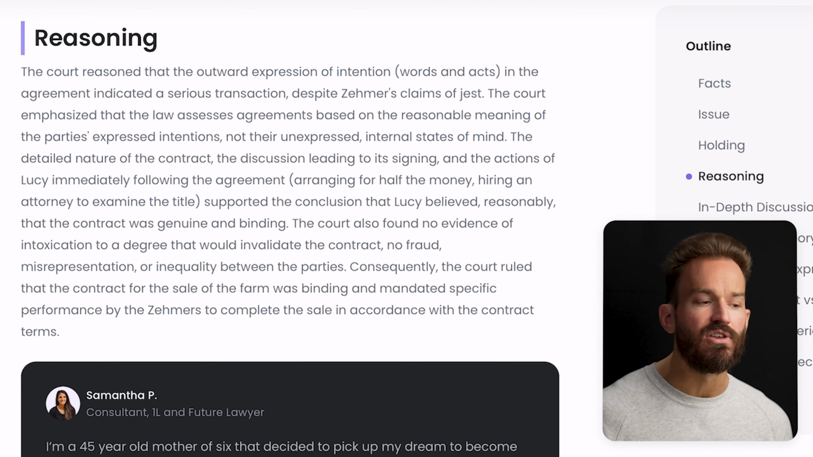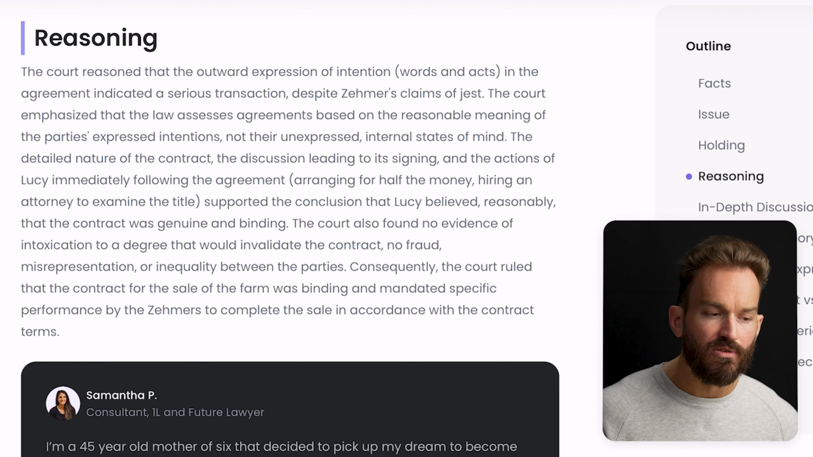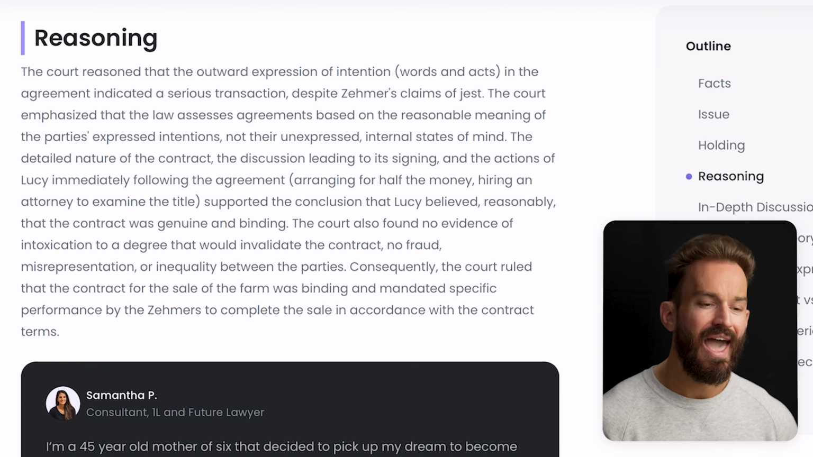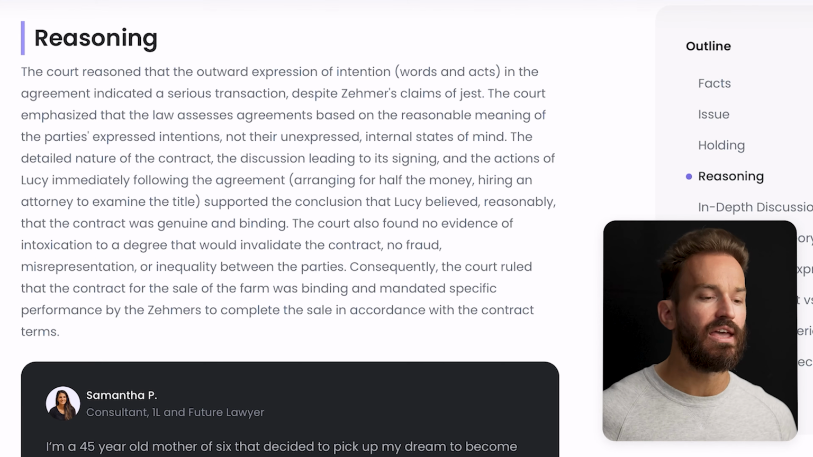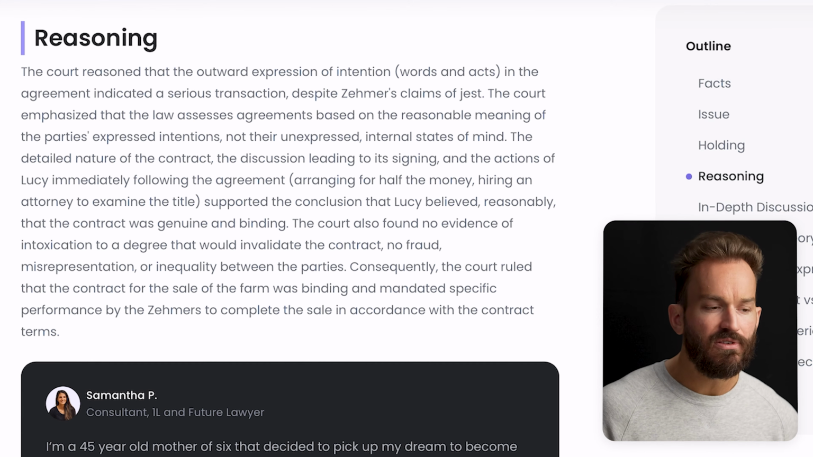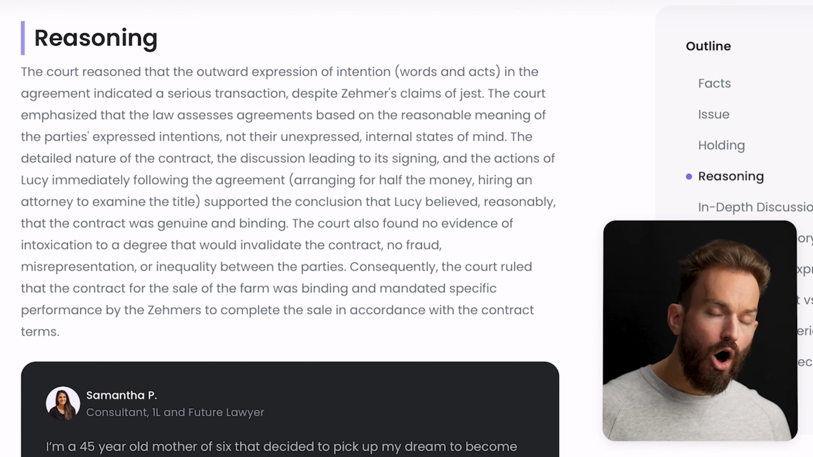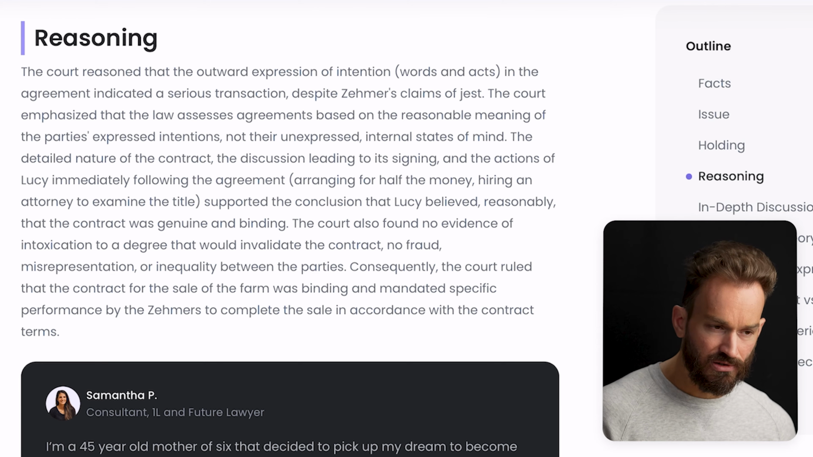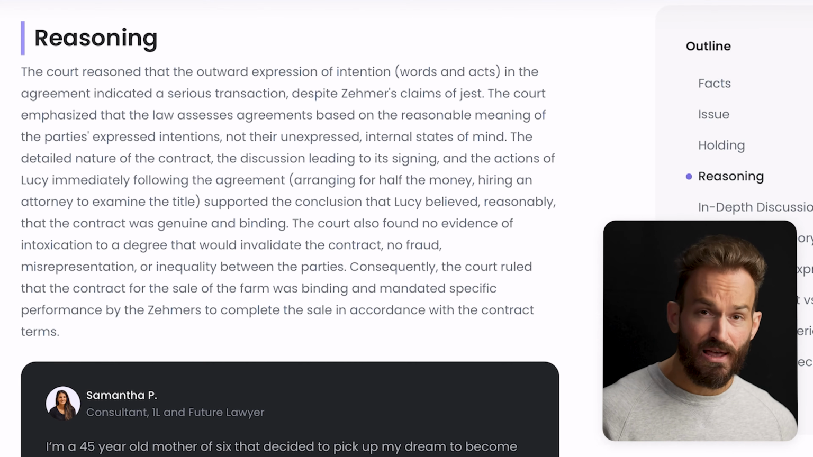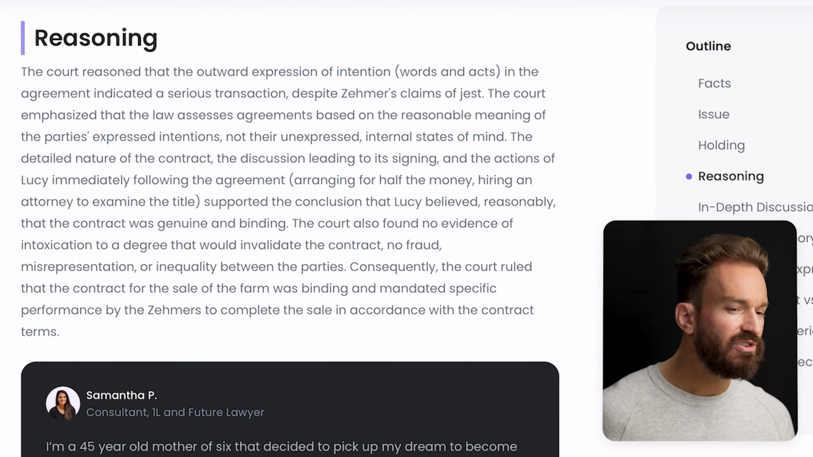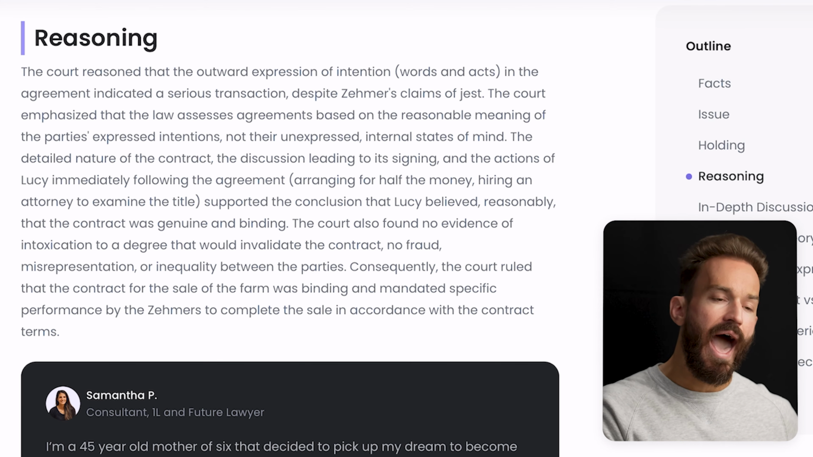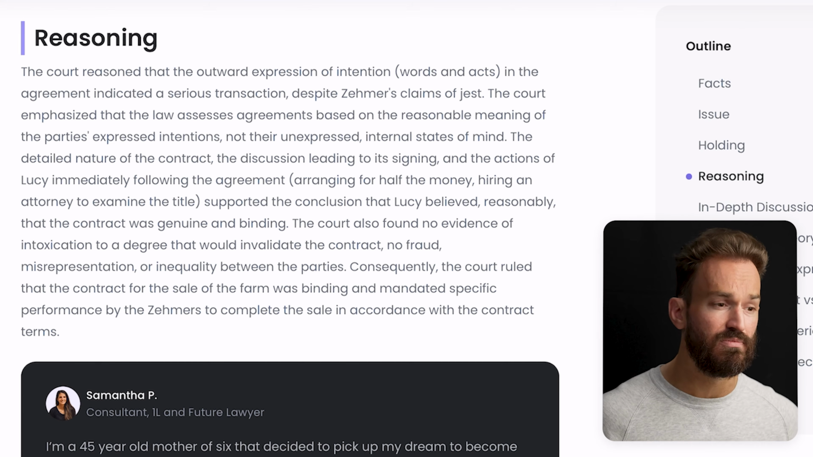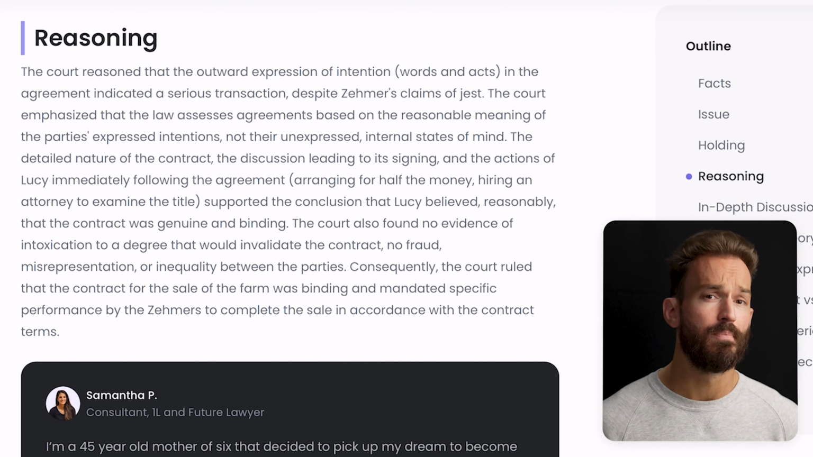I think the key fact here is, remember, at no point before the agreement was signed had Zehmer indicated to Lucy, either through words or actions, that he was not serious about selling the farm. Basically, the court here is saying all of the outward words and actions that were manifested by the Zehmers indicate serious willingness to sell the farm for $50,000. There's no way a reasonable person, including Lucy here, could have interpreted the outward words and actions of the Zehmers to mean that they were joking, that they weren't serious about their intent to